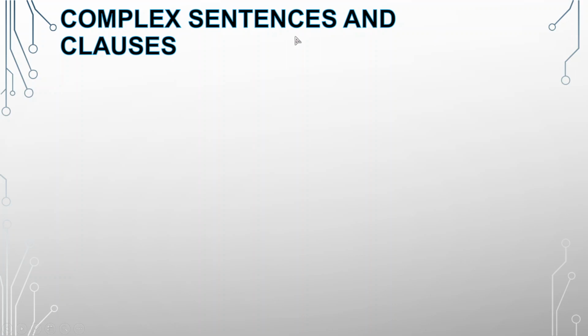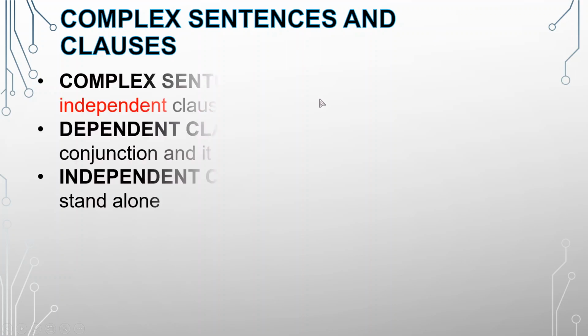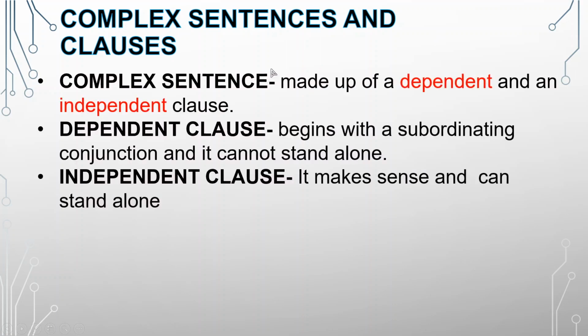Complex sentences and clauses. So we have the following words. Complex sentence, dependent clause, and independent clause. We discussed in lesson number 1 that subordinating conjunctions are needed to make complex sentences. So they are used to make complex sentences. So what are complex sentences? Made up of a dependent and an independent clause. So if we put a dependent clause and independent clause together, we call that sentence a complex sentence because we have 2 types of clauses inside. We have dependent clause and